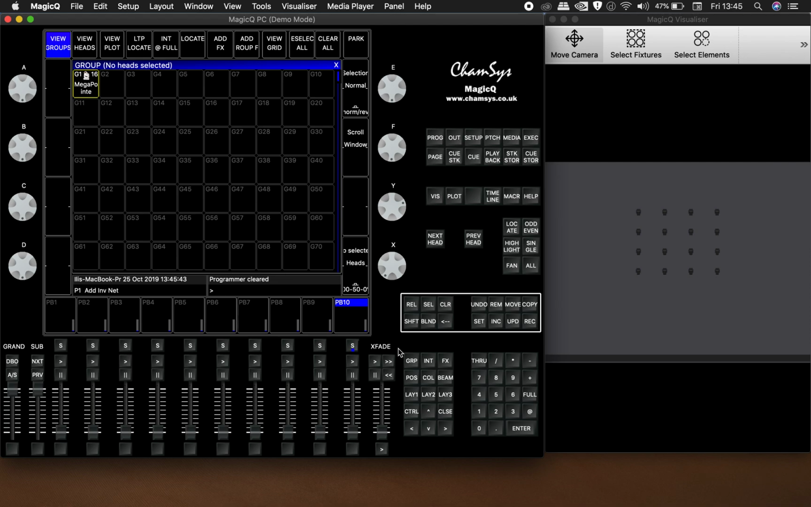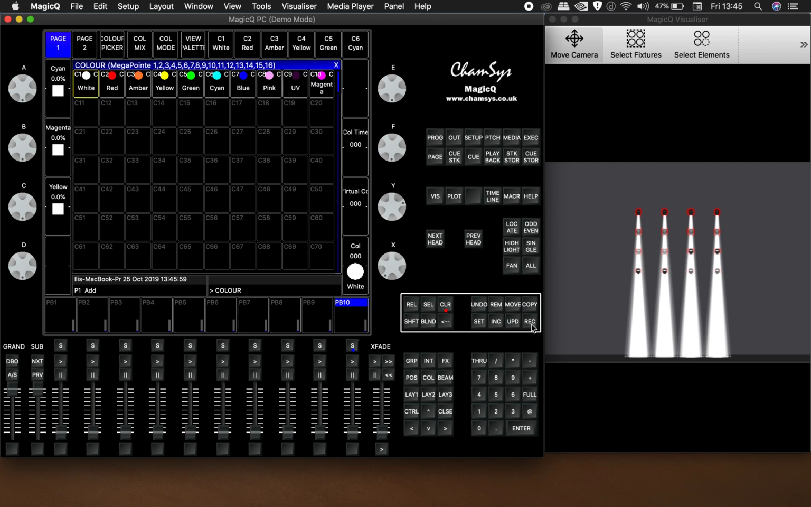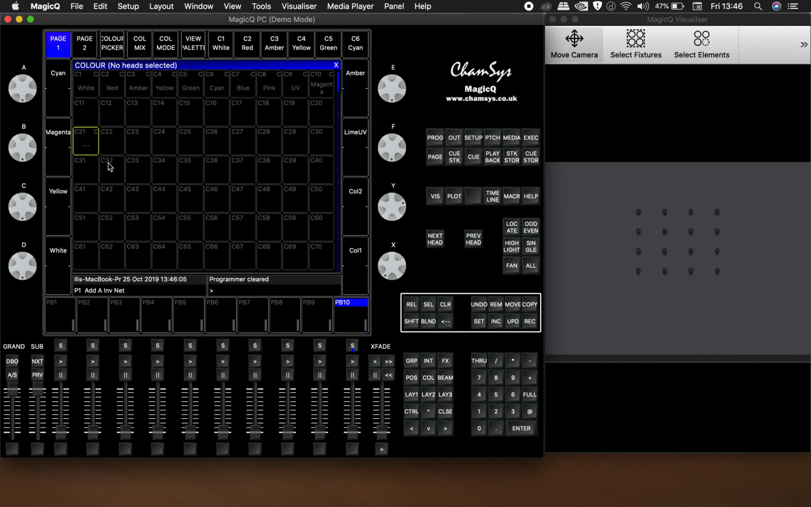So guys, just wanted to show you the way I made the color sweep effect. So basically, just patch some fixtures, go to color, just record an empty color somewhere, clear it out,